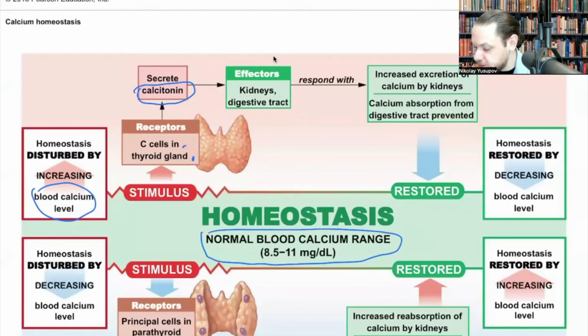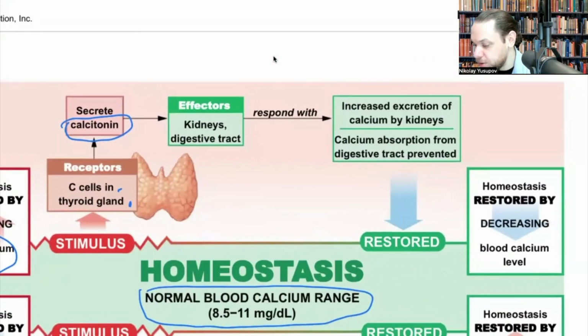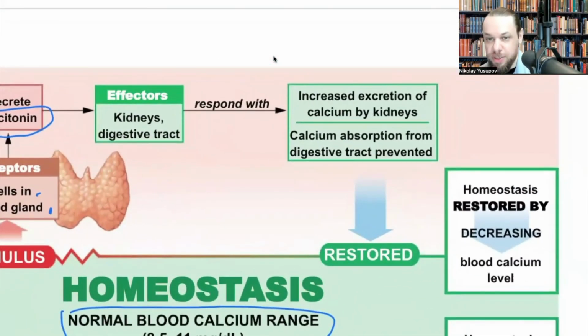So let's say it exceeds 11. This is when calcitonin is going to release. It's going to work basically on the kidneys, digestive tract, and also on the bones. And the whole goal of this, right? You want to excrete excess calcium by the kidneys,